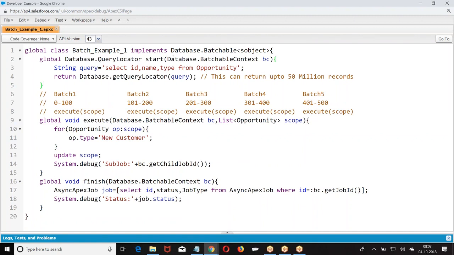Second point, are we calling the start method manually? We are not calling it. Who is calling it? The system is calling it. So the system is automatically creating an instance for the interface and passing the required parameter there. Are you getting my point? That is a method which is invoked by the system only. So whatever instance of the interface is required, they are creating it and passing it internally.